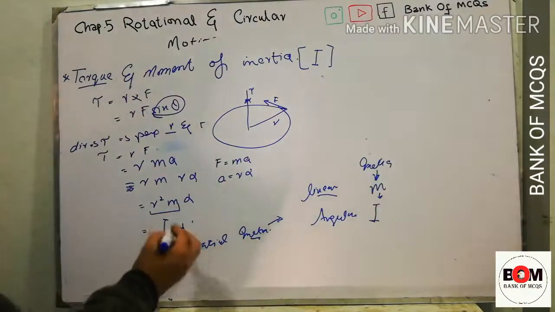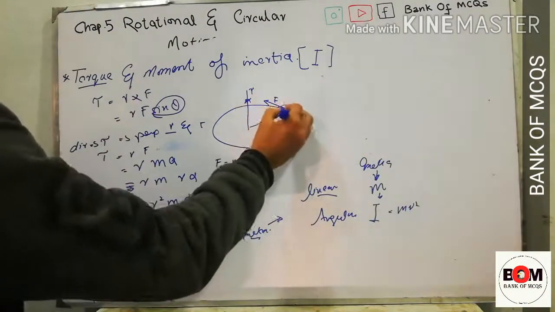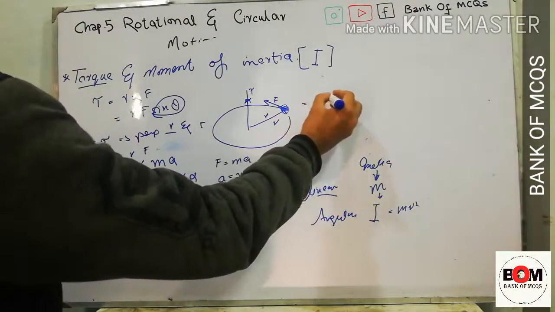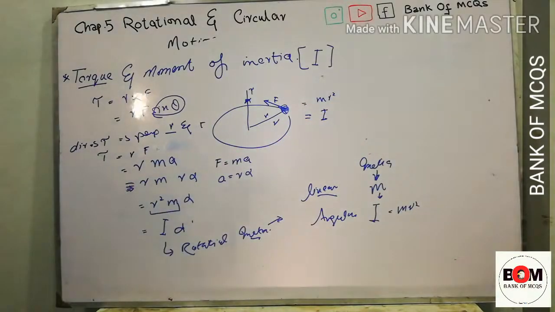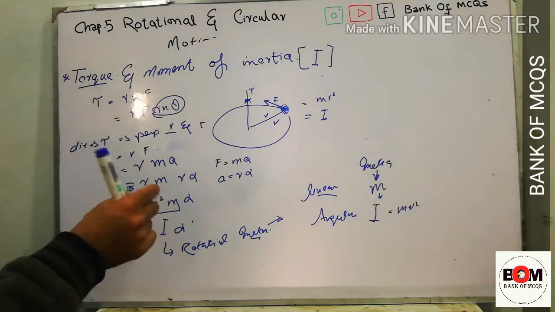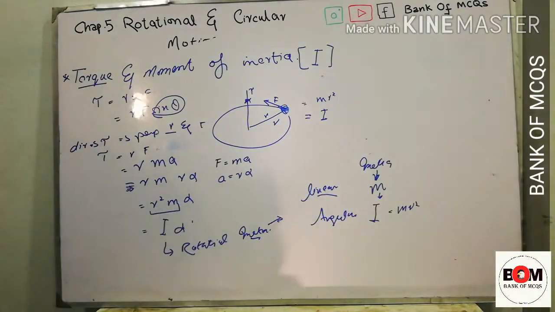This is constant because it is equal to m r square. As the body moves in its direction, its mass as well as the radius remains constant. So the mass multiplied by r square, where both are constant, gives another value, which we call I, and this is called moment of inertia or rotational inertia. Its value remains constant during rotatory motion. It plays the same role in angular motion which mass plays in linear motion. That's why it is named rotational inertia.